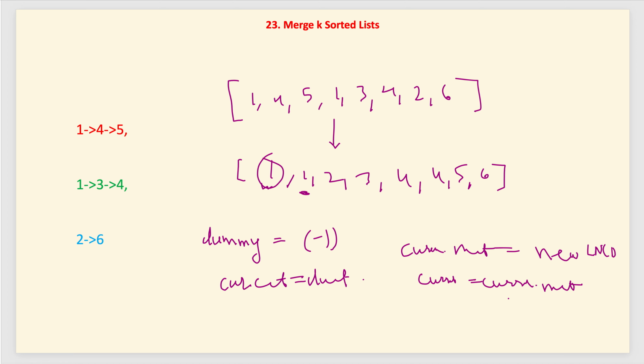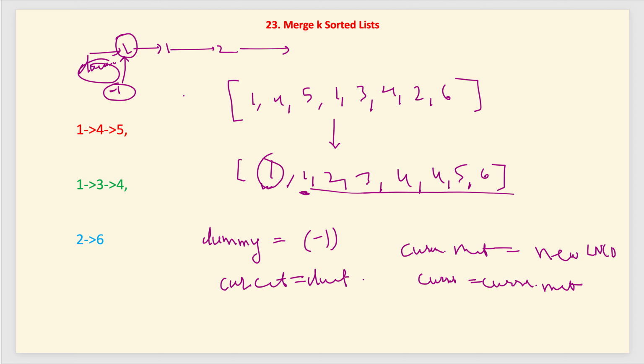So as soon as we go through all the elements, we will build our list like this, like 1, then 2 and so on. And here our dummy head is still pointing here. So basically dummy dot next is here. So we will return dummy dot next, which is this. So dummy is, let's say, somewhere here -1, and that next will be pointing over here. So once we construct the full list, we will return this as the head of our merged k sorted linked list. So this is one approach.